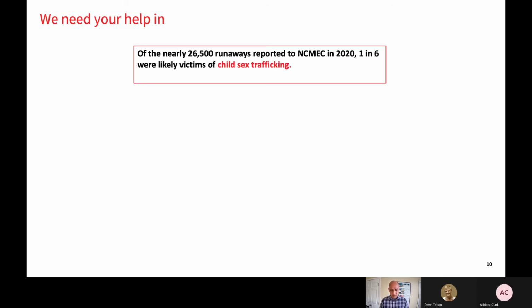So again, to summarize what we're trying to do, we're trying to see specifically how, when a child goes missing, what is the influence of sex offenders in that area on potentially this child, right?